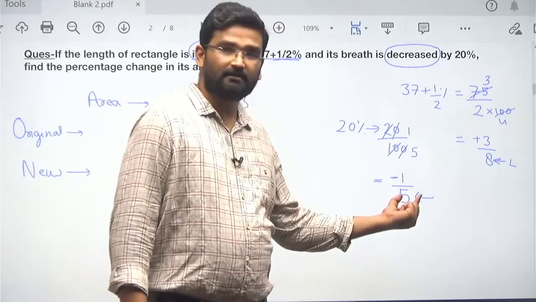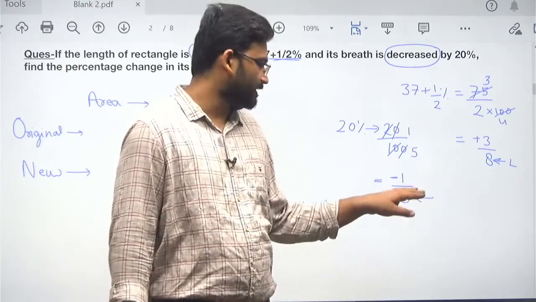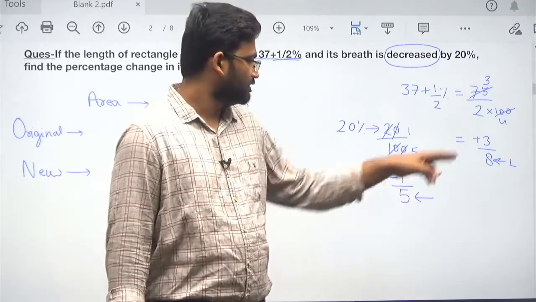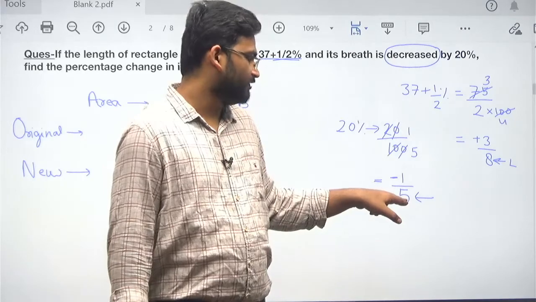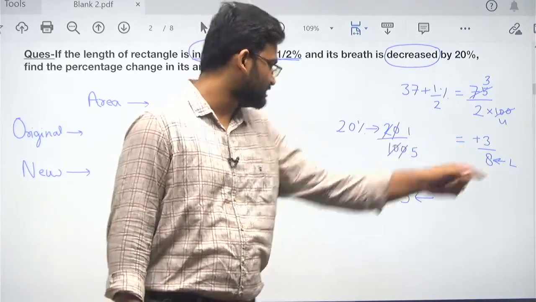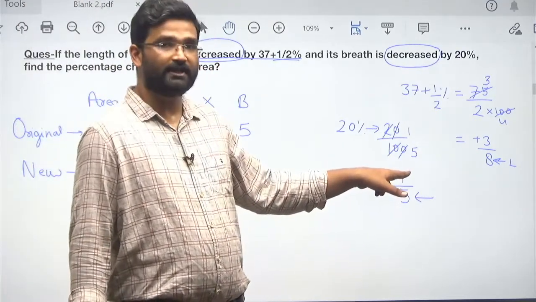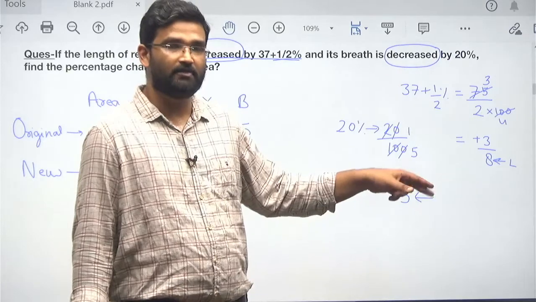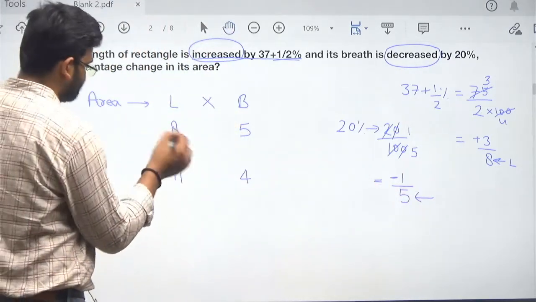In the denominator, as I already told you, the original quantity always is in the denominator. जो भी denominator में रहेगा वो original रहेगा. जिस तरह वहाँ पे original length 8 था और यहाँ पर original breadth 5 होगा. What will be the new length? ऊपर प्लस साइन है तो हमने ऐड कर दिया 8 + 3 11 हो गया हमारा नया लेंथ. यहाँ पे माइनस है, क्यों? क्योंकि डिक्रीज है, तो हमारा नया ब्रेथ क्या होगा? What will be our new breadth? 5 - 1, 4.